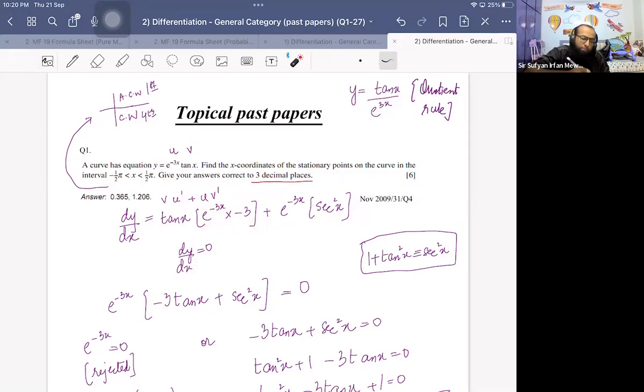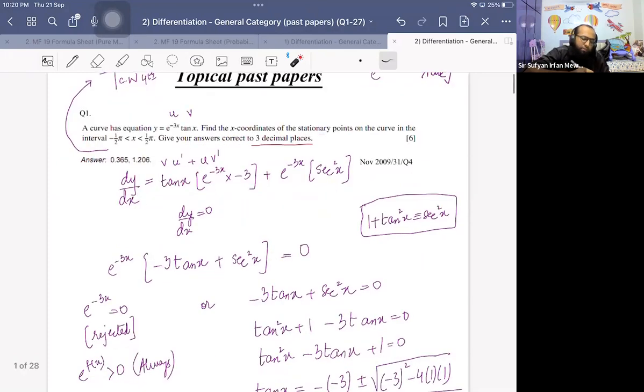Okay, then because we have to find the stationary points, we have to equate the gradient to 0. So dy by dx is equal to 0. So now we see that this is a gradient function. What can we do to simplify it and how can we equate it to 0? The first thing is that always note that whenever there's exponential involved, at both the places we take it as common. So e power minus 3x taken as common gives minus 3 tan x plus sec square x equals 0. Now we know that if the product of two factors is 0,